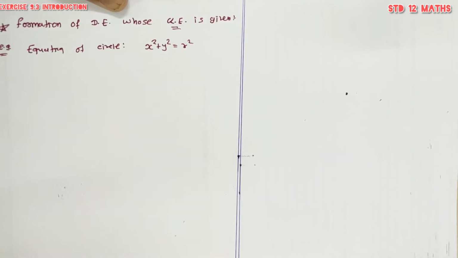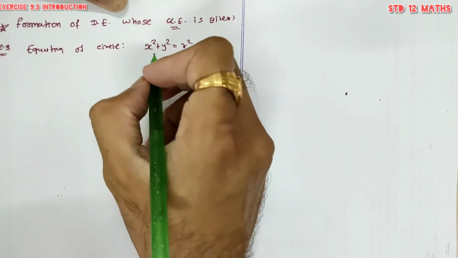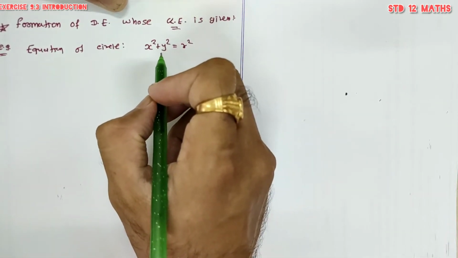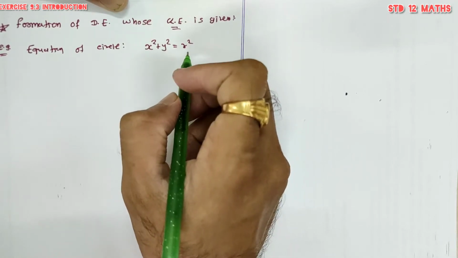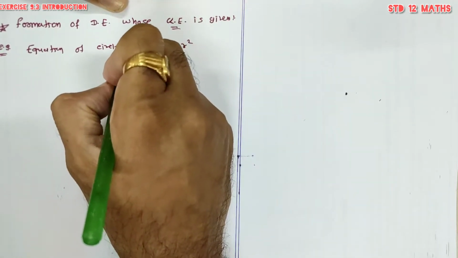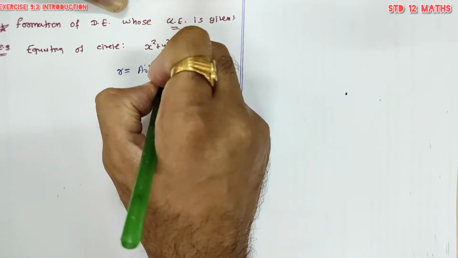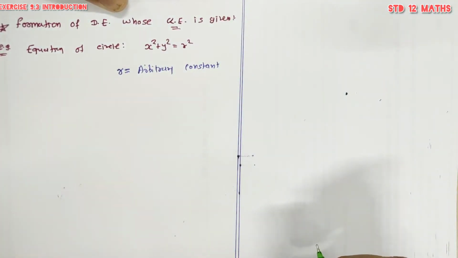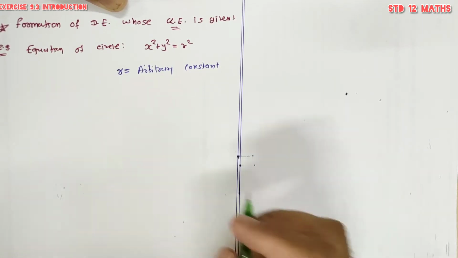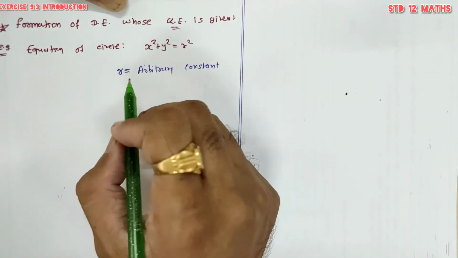So this general equation, what is the meaning of this equation? The meaning of this equation is, this is the equation of circle with center at origin with radius r, where r is one arbitrary constant. What is r? r is nothing but the arbitrary constant. And all of you know what is arbitrary constant. Arbitrary constant is the constant which can take different values. Though it is the constant, but for the different cases, our constant can take the different values.